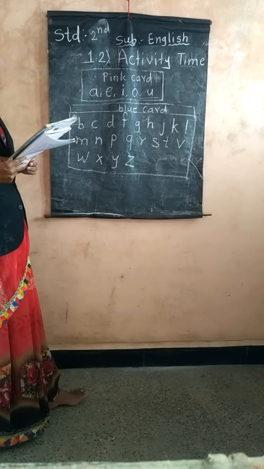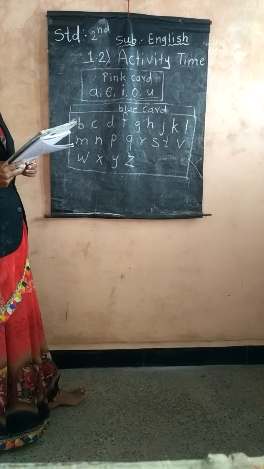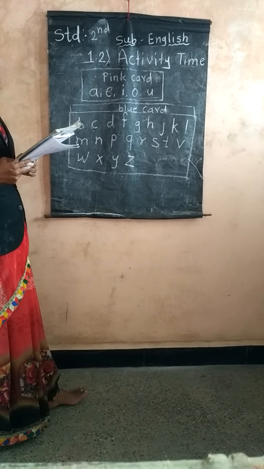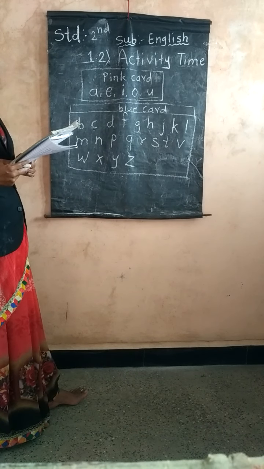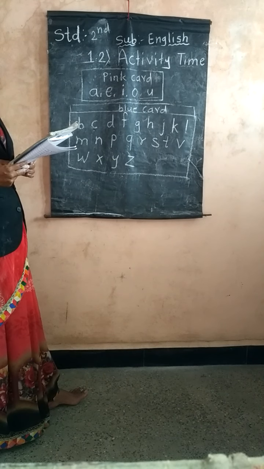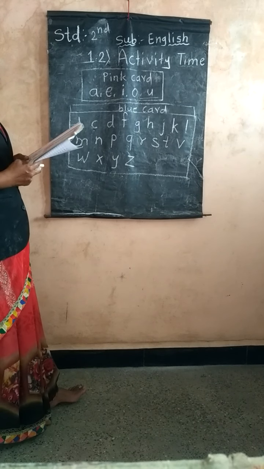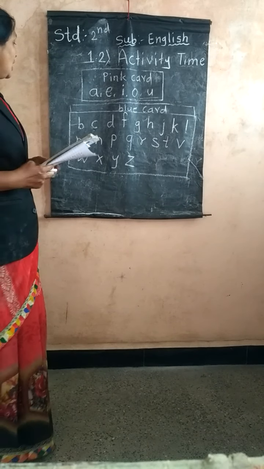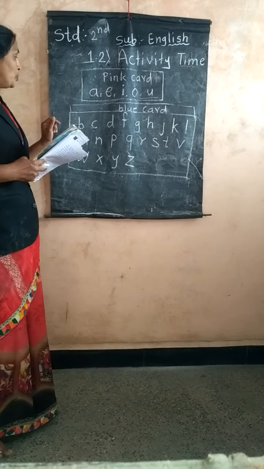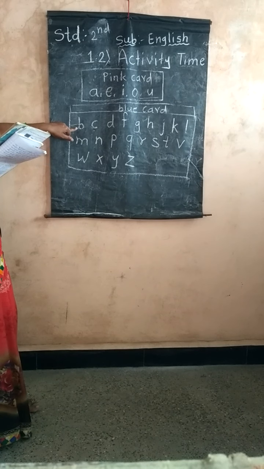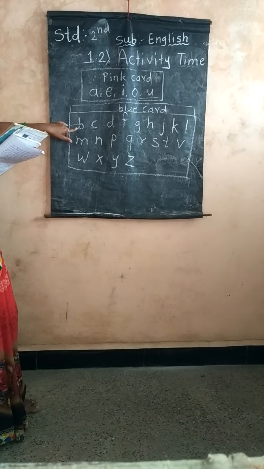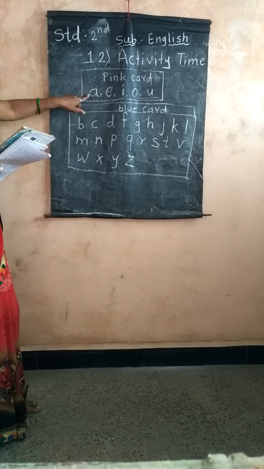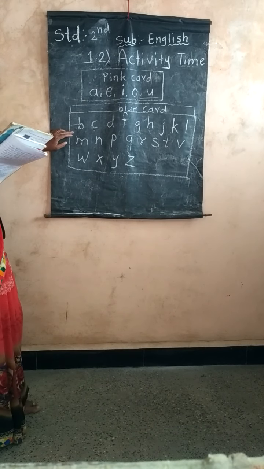Now each one of you has one letter of the alphabet. Each pair has two letters. Write as many words as you can which have both the letters you picked. You are making some words. Which letter did you put your finger on? B. And your friend put the finger on A.